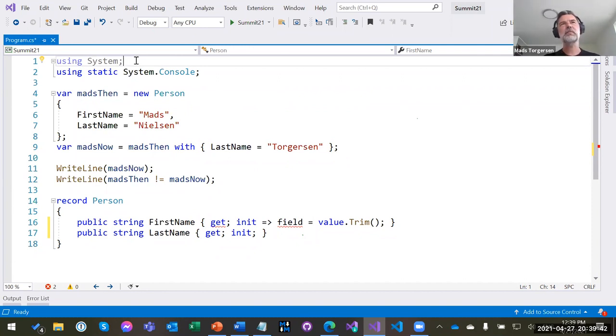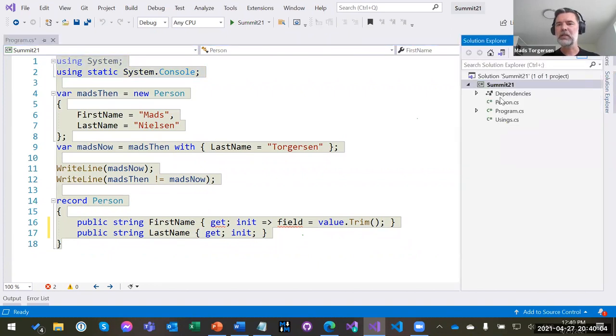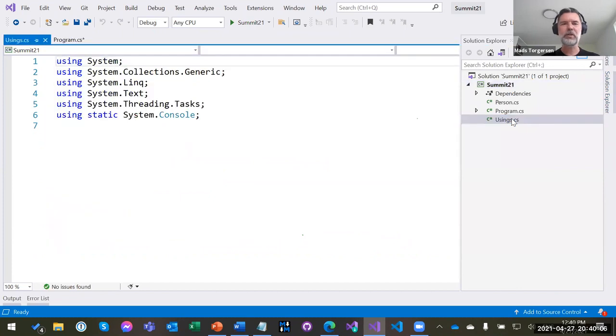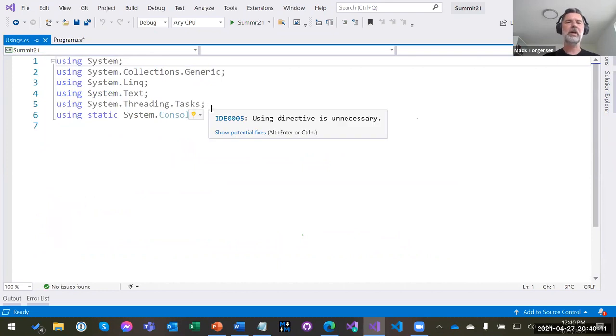But really, most of the time, you would just want to have the same names available to you in every single file of a project. That's very, very common. And so what you really would like instead is to just not have the usings repeated in every single file, but instead, you have a usings.cs or something where all the usings that you need are centrally declared.